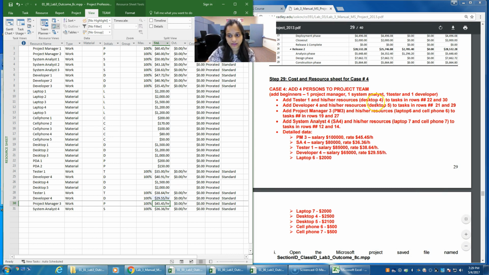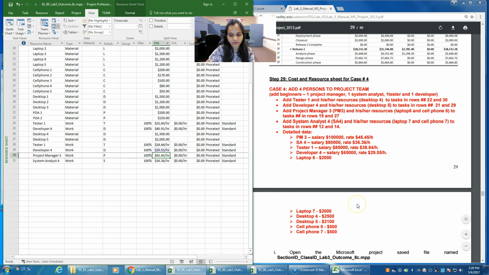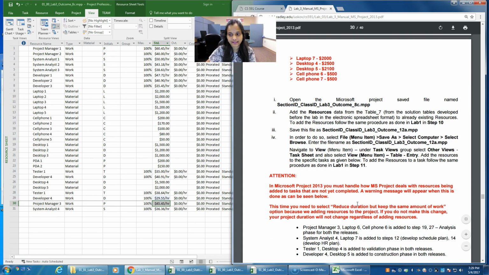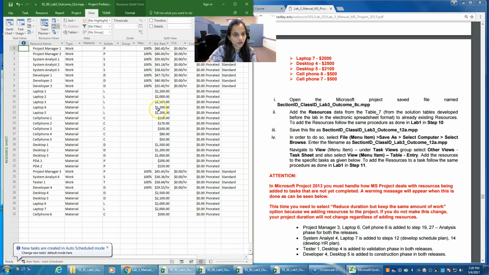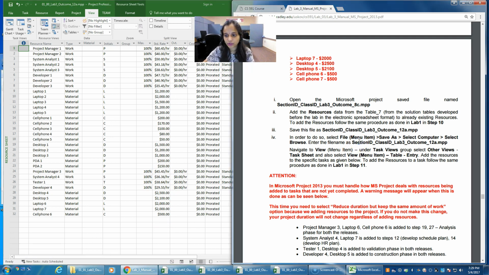So for tester 1 it is desktop 4, for developer 4 it's desktop 5, and so on and so forth, and save this file of 8C as 12A. So I'll show how 12A looks like. So this is your 12A file with all the data that is entered, and now what you have to do is you need to create